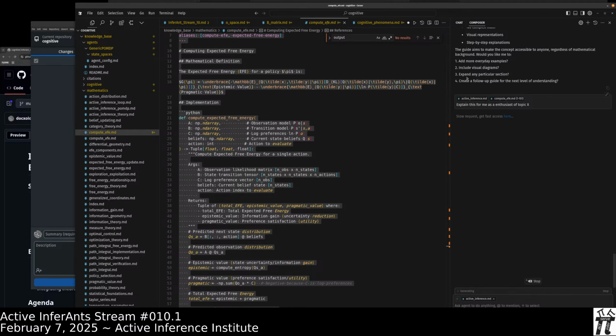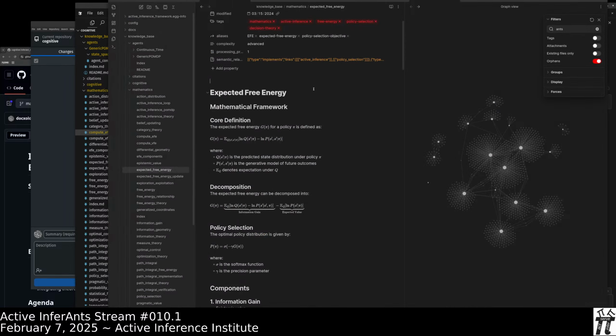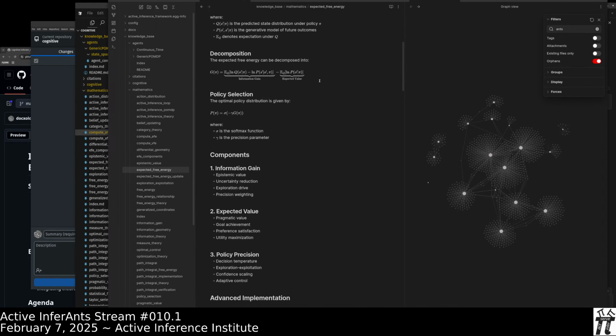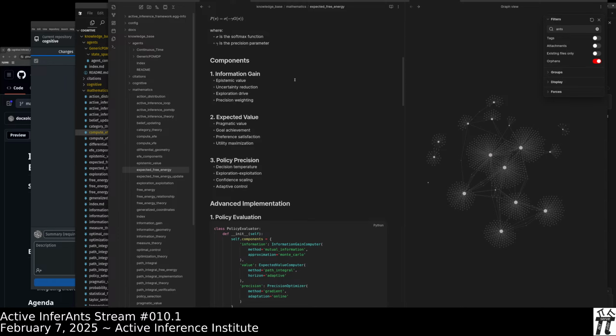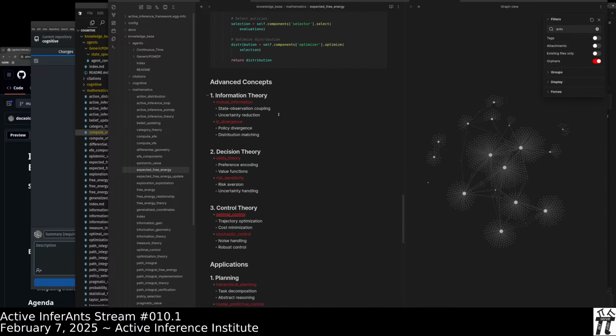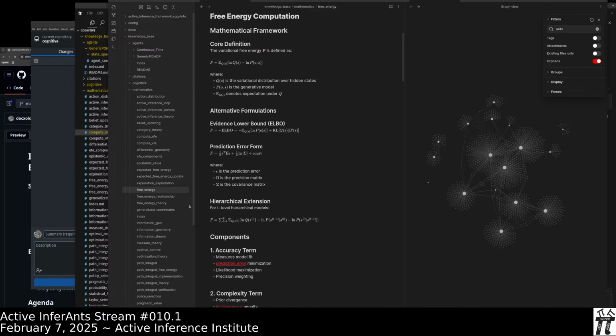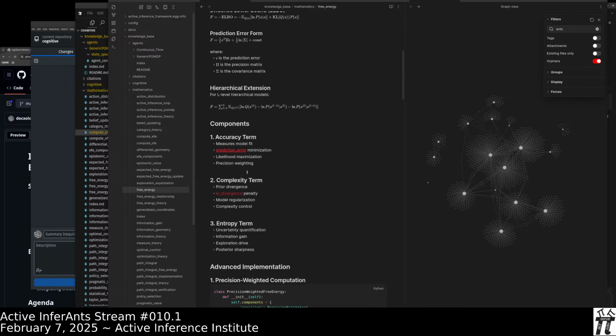Maybe it'll make a new file. Let's just see if it gives a funny shout. Just, you know, what does it even think these symbols mean? I don't know. All of us are learning. But again, these are linked topics. And so I was just studying and learning, going, okay, so free energy,